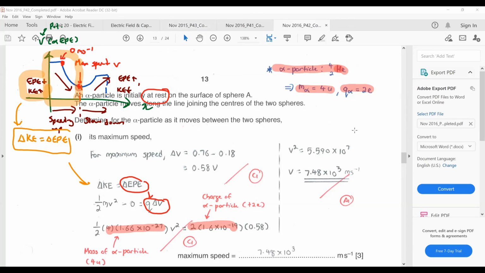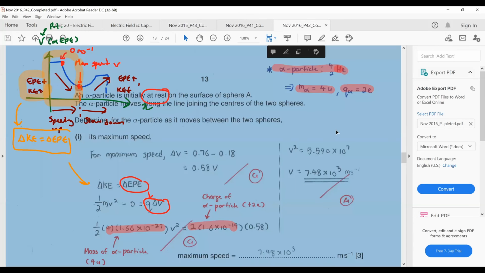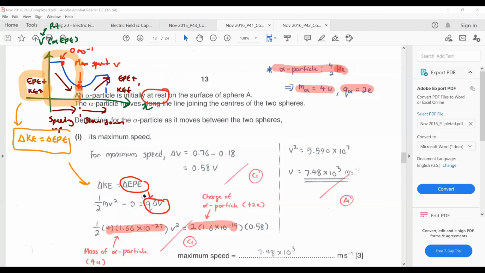Okay, so you get the answer as V is 7.4 times 10 power 3 meter per second. Then you get your answer already. And from there should be fine. Okay. Right, then after that, if you were just to look at the other parts below here,